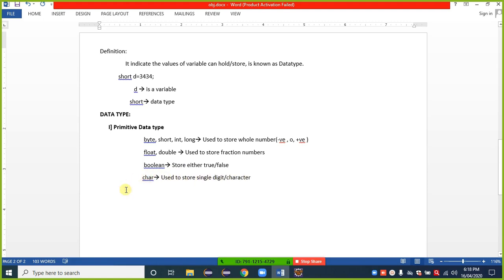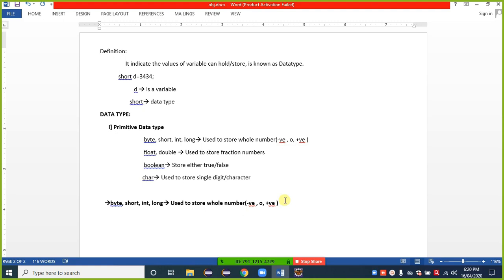Okay, so in the case of byte, short, int, long, we are familiar that they can save a numerical value. But which value? For example, suppose I have the value 78 with me, and my purpose is to store that value inside a Java program. I can choose byte or short or int or long. But which one is the best for storing these values?